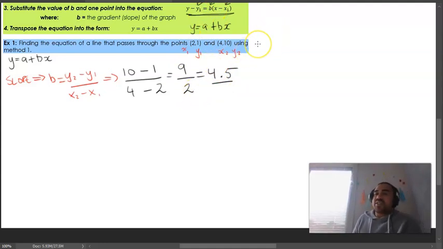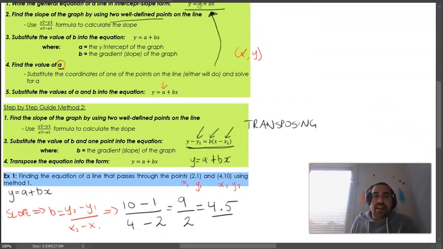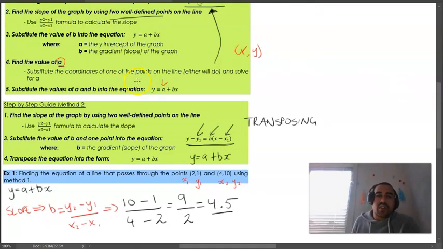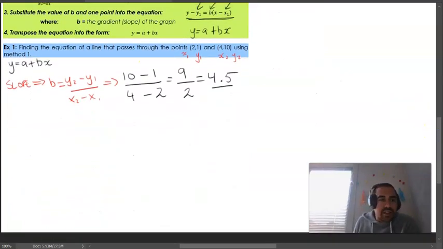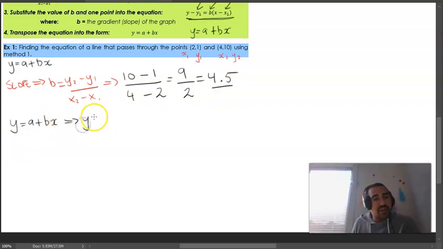That is the easy part, which is extracting numbers and putting it into a defined equation. The next part is saying that we need to substitute the coordinates of one of the points, and we get to choose one of the points, either will do, and solve for a. Or in other words, let's call back that equation again, y equals a plus bx. We know what our b is. So the equation so far will now look like y equals a plus